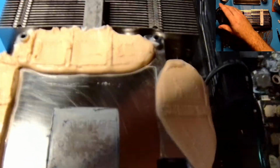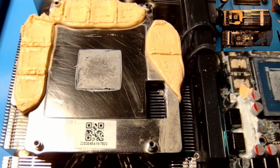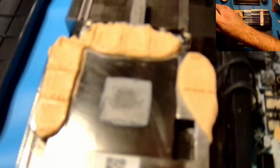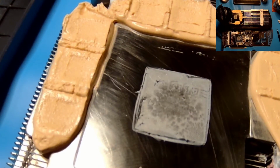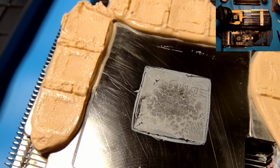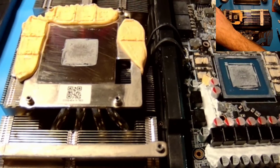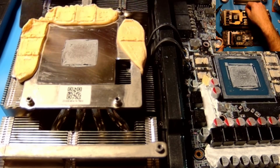And if I look at the putty really close, I don't know if you guys can see. I'm going to just change the lighting here a little bit. See if you can see. I can see it from where I'm looking. You know what? There's one right there. You see that little rectangular shape where it's not quite as, I don't know, maybe that's the imprint left over. So yeah, I don't know if this would be a good putty long term either, but